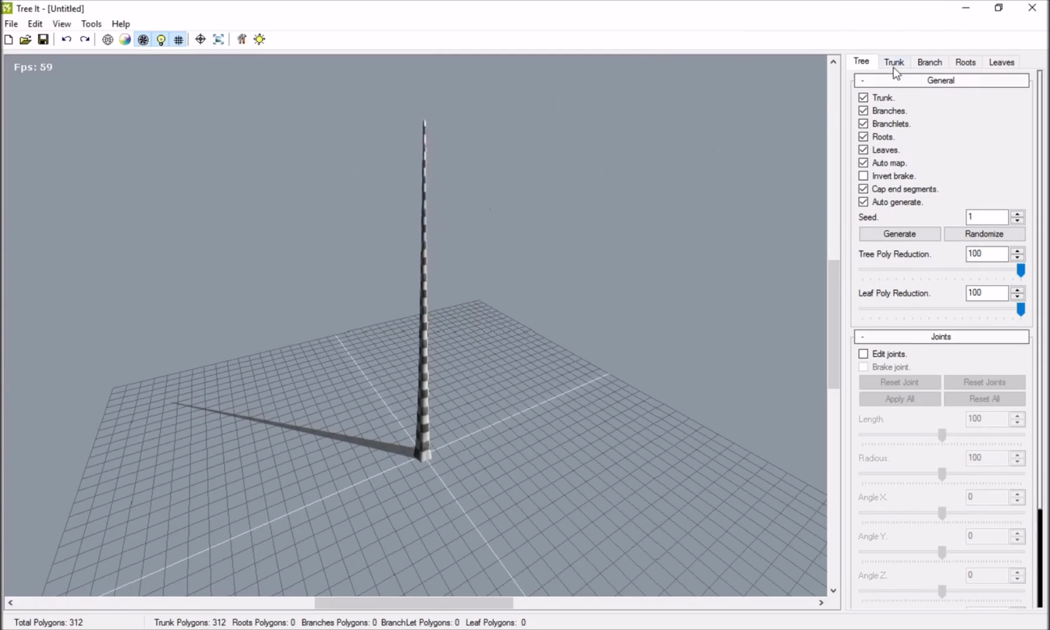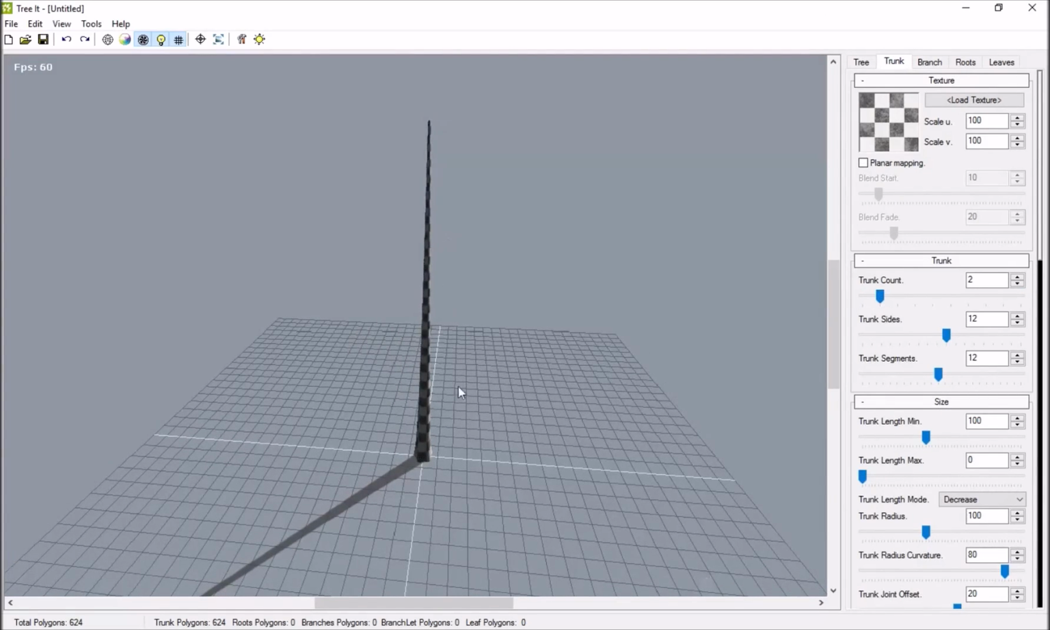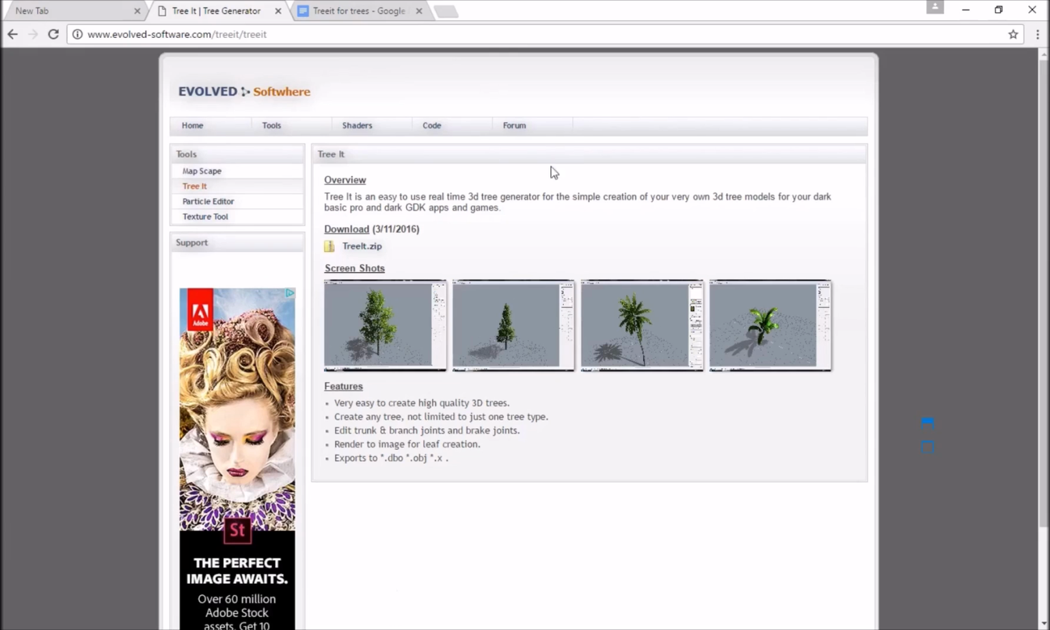So basically, the first tab we have down here is the trunk. With trunk count, we can increase the trunk count, which defines how many of these we have, and we can choose a texture. Now, TreeIt comes with pre-made textures, and if anyone's wondering